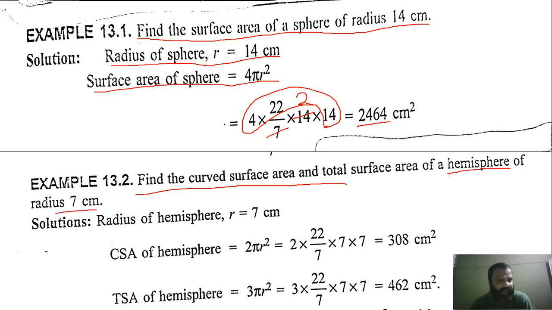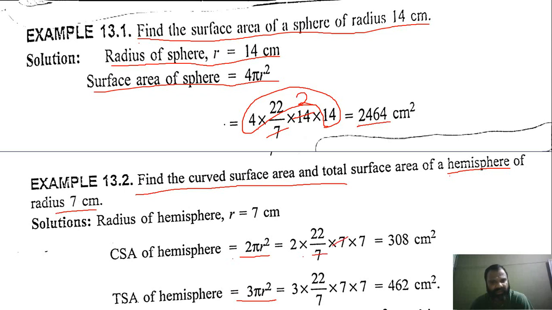We know that the curved surface area of a hemisphere is 2 pi r square and the total surface area of a hemisphere is 3 pi r square. Now look here, 2 pi r square and also 3 pi r square. So put the value of pi and also the value of r, and after solving you get, now look here,